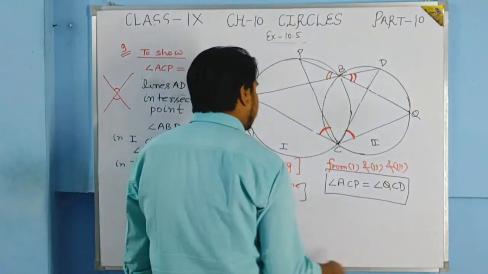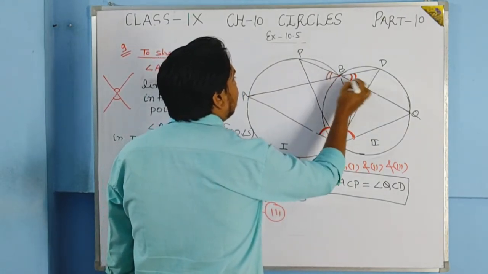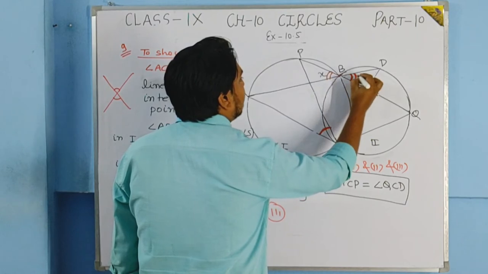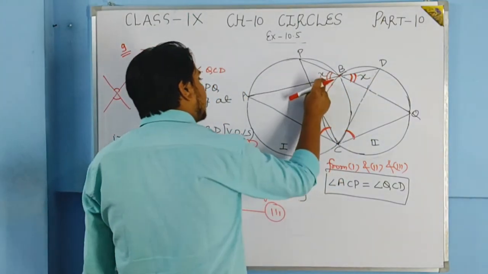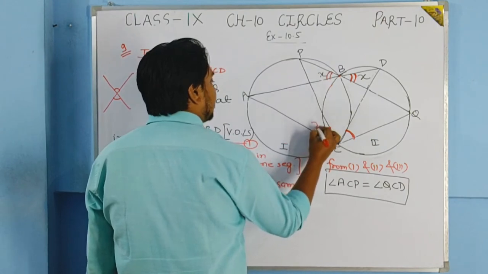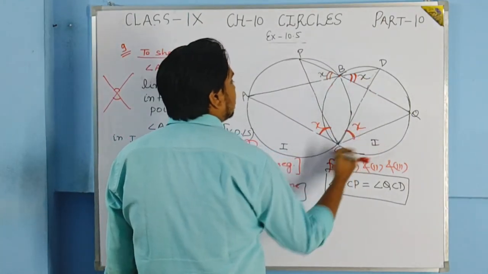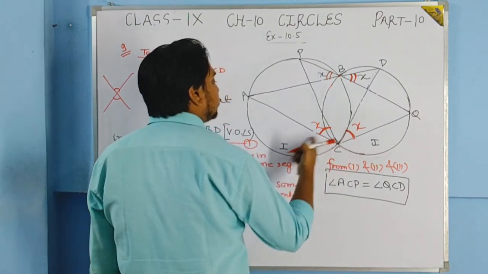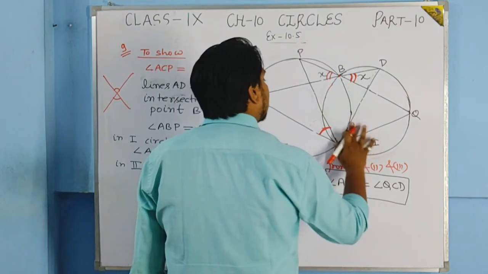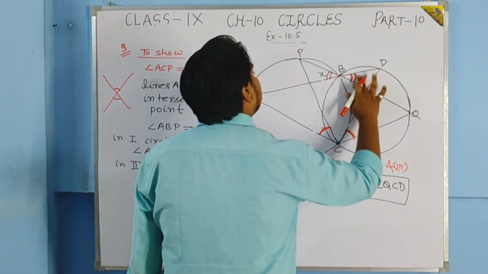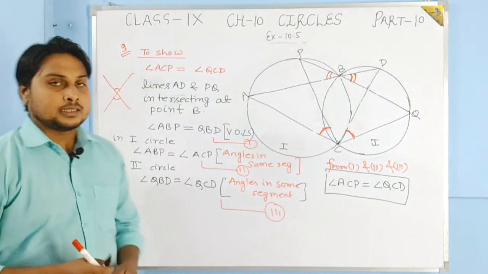In an easy method, how can you understand it? See, here you can say that if these two angles are equal, suppose it is angle x, so this will also be x. Now if it is x, then angles in the same segment, this angle will also be x. If it is x, then this angle will also be x. So here we can see that these two angles are coming equal to each other. So students, this is the proof of question number 9 of this exercise.